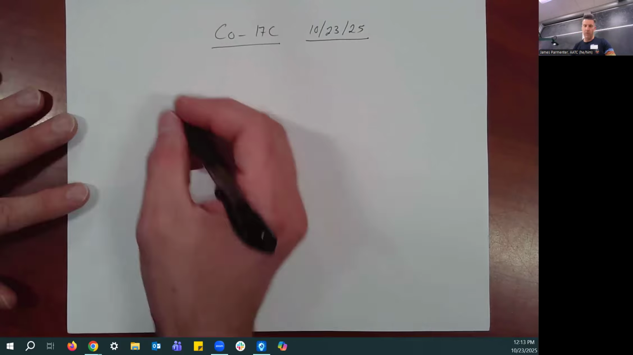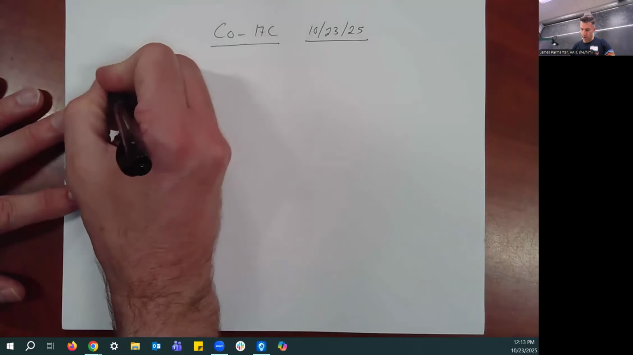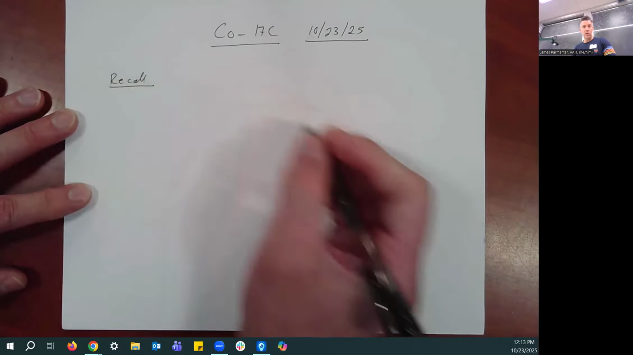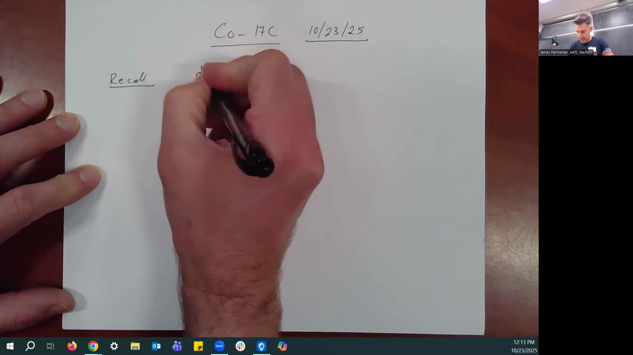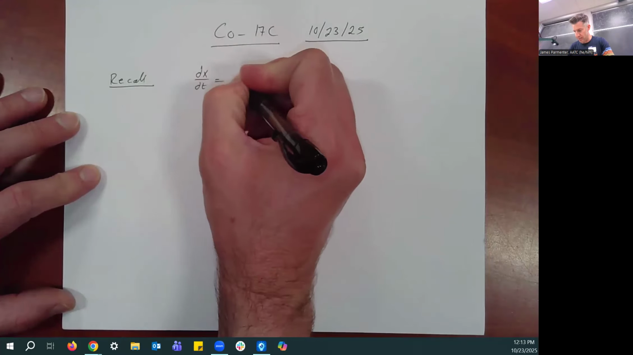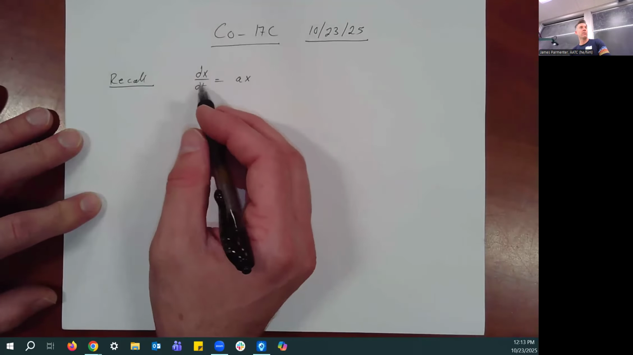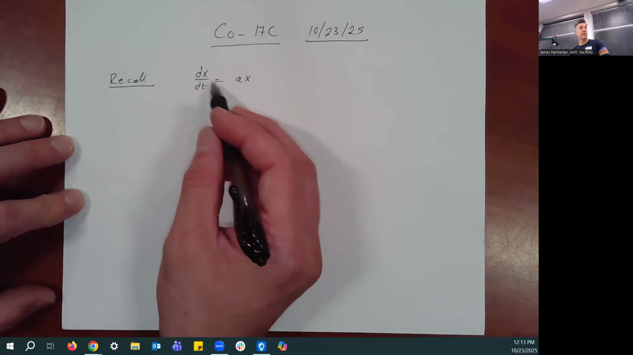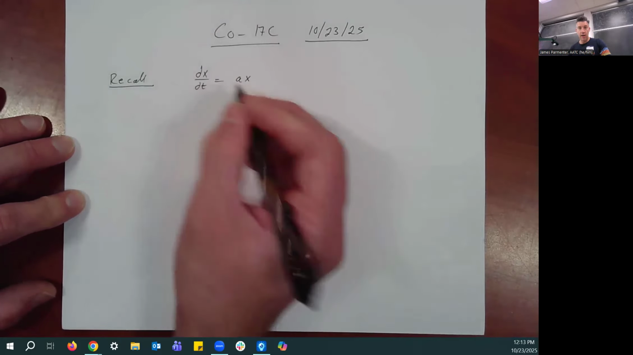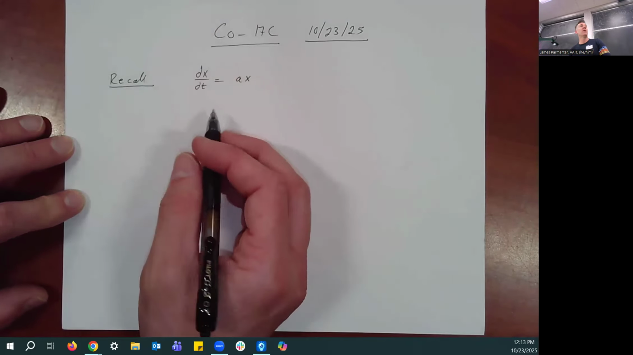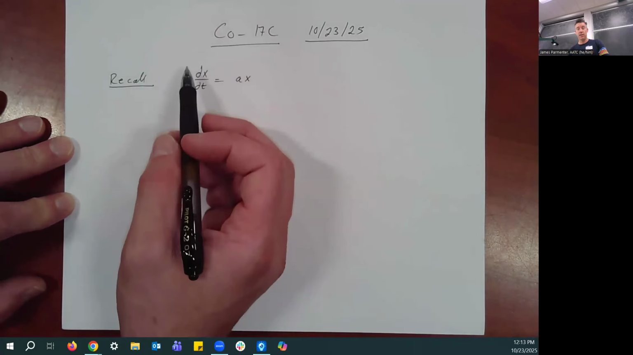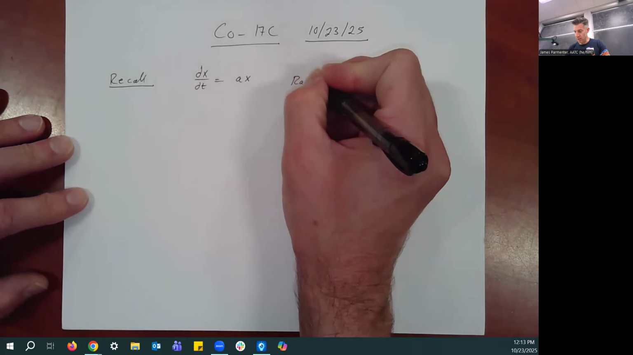To that end, let's recall the idea from 17A, and then we'll see what the picture looks like. Or from 17B, I should say, sorry. So recall, hopefully in 17B, you saw a differential equation like this: dx/dt equal to some constant times x, where a is a constant, x is your variable, your population, your function, whatever you want to call it, and t is time. And what this differential equation says is that the rate of